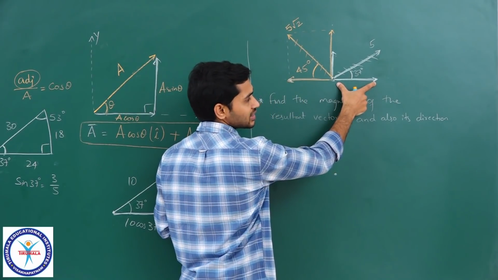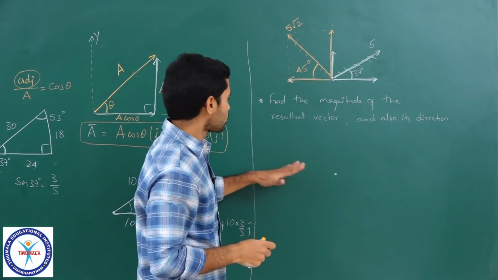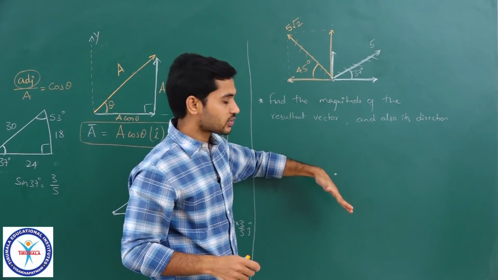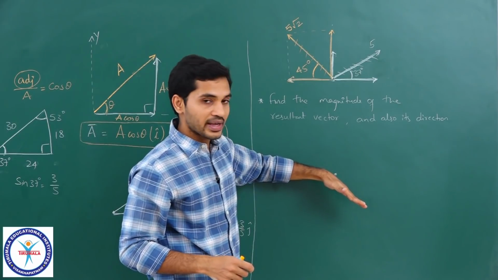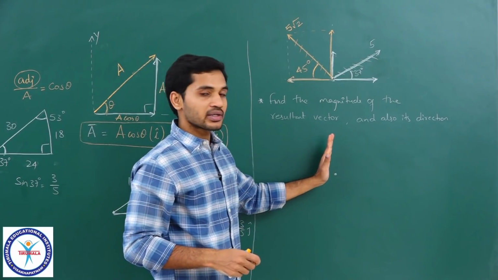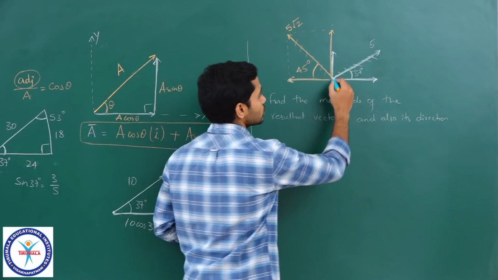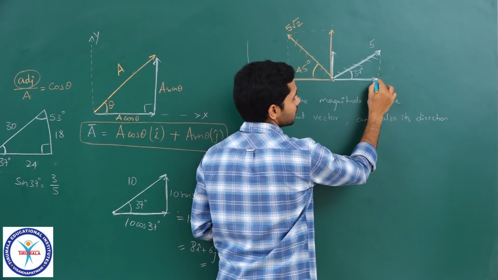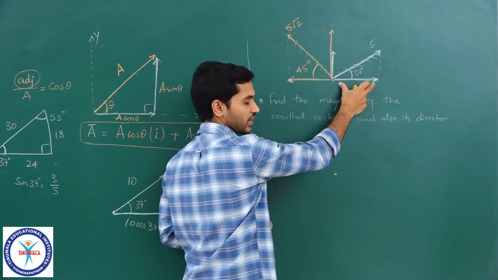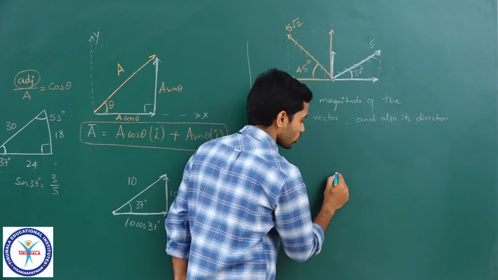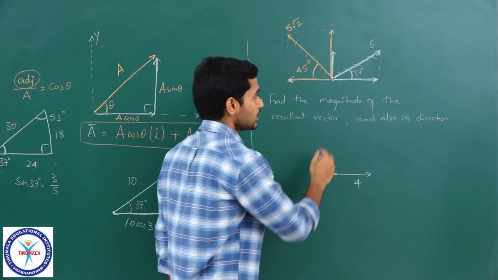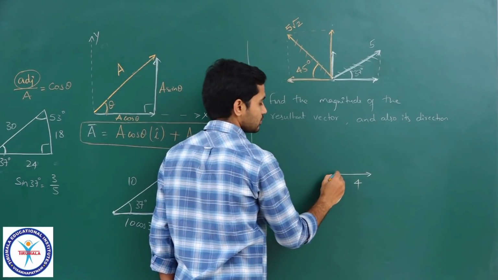Now tell me, what will this length be? I am not going to once again repeat everything. You should be by now able to directly do this. When you are moving in the direction of the angle, it is cos, away from the angle, it is sine, right? So this length is 5. So what will this length be? 5 cos 37. 5 cos 37 will be 4. So this length will be 4, correct? And this length will be 3.